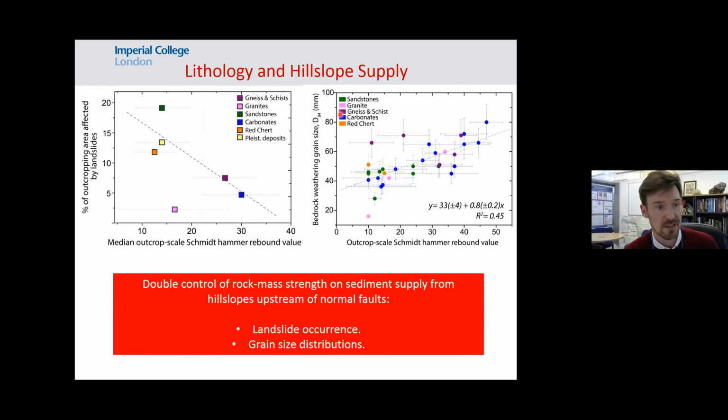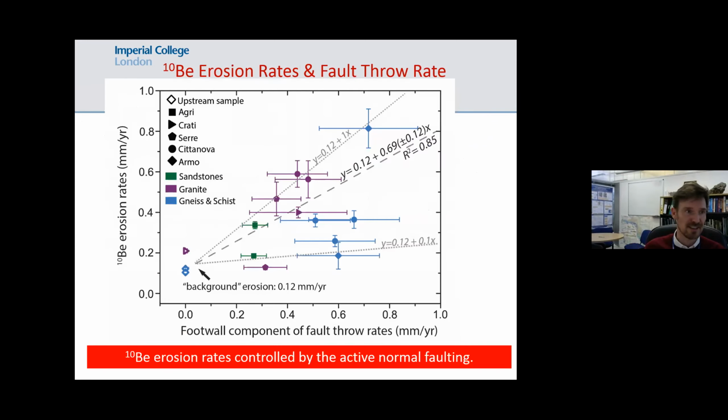And we could also argue, and this second one showed that even ordinary bedrock weathering and fragmentation produced coarser grains when the rock strength was greater. So that lithology effect really modulates the sediment gun. Now, in terms of how much sediment we are getting out, well,